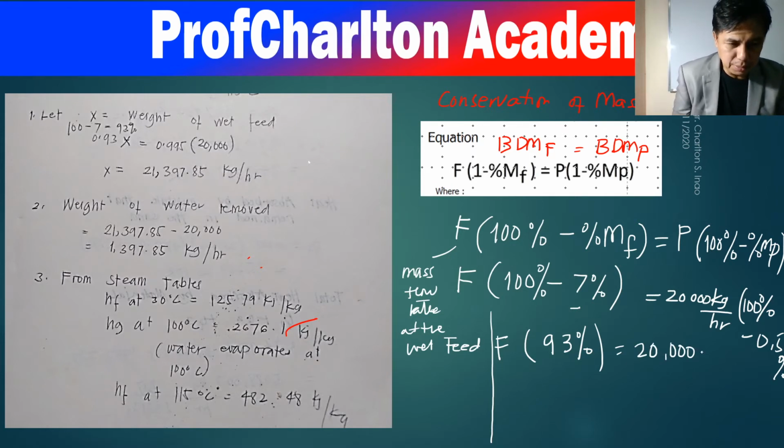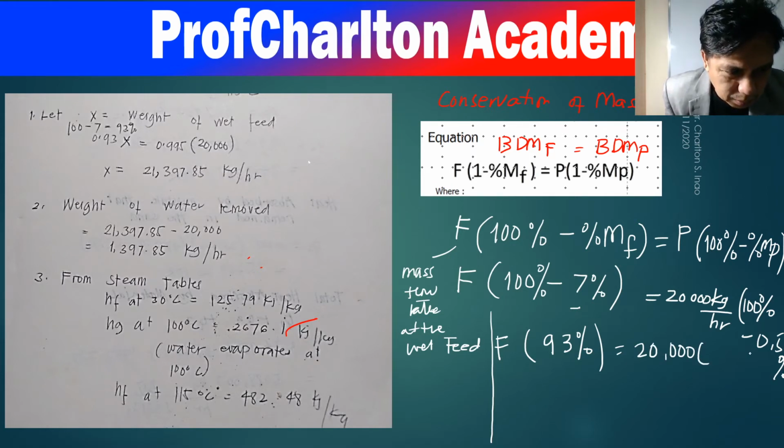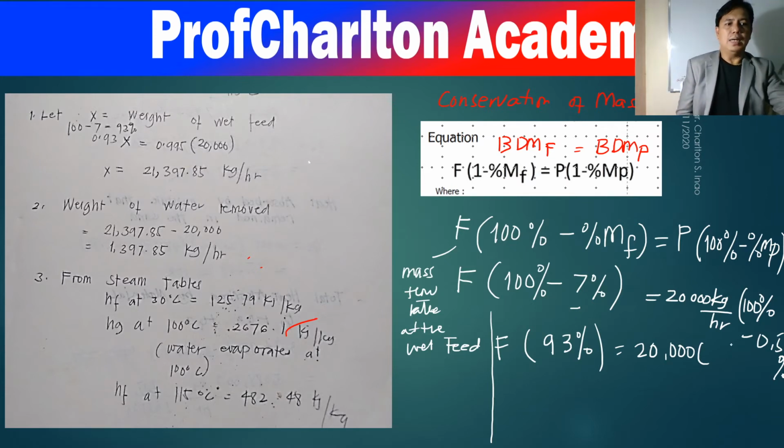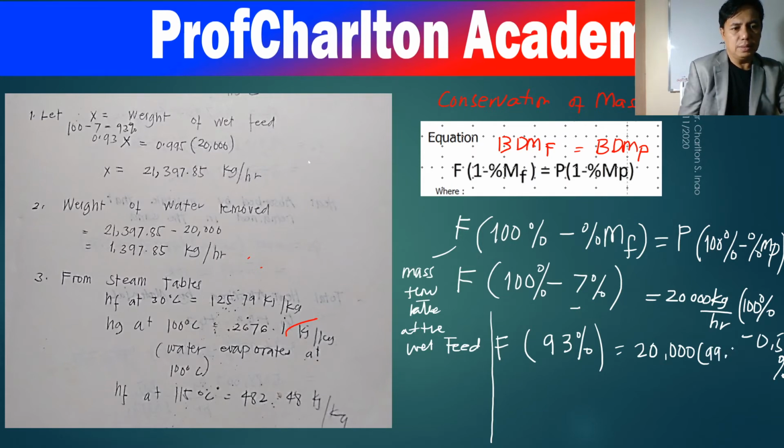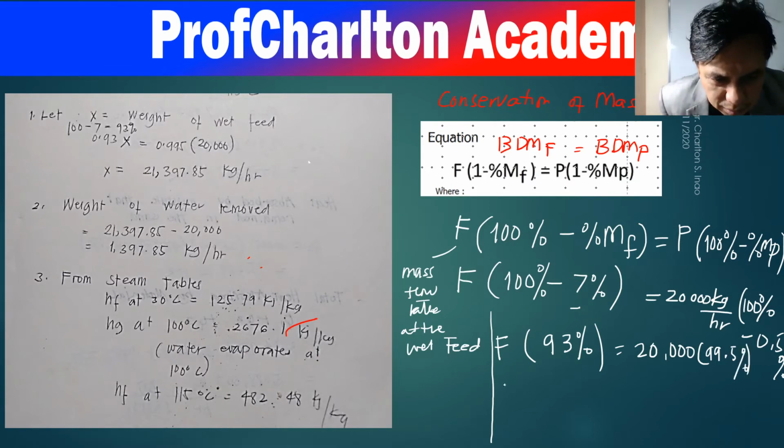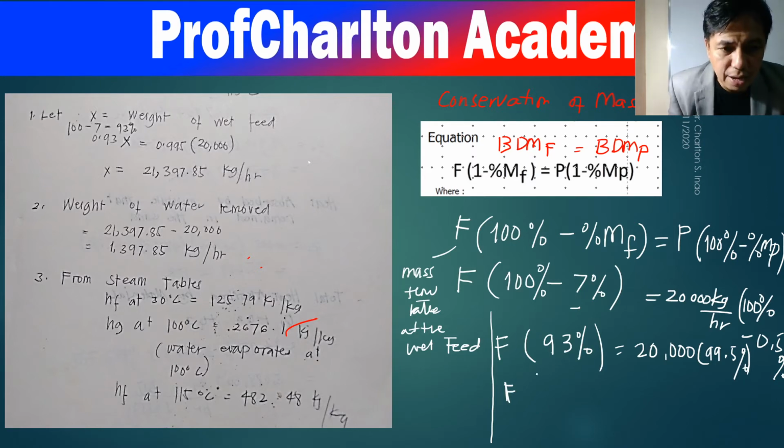I'm not going to put the units to simplify things. 100 minus 0.5 is 99.5%. Okay, so we convert the percent into decimal. When we go to mathematics, the percentage should be changed into decimal. So F times how much is this? 93 over 100 is 0.93